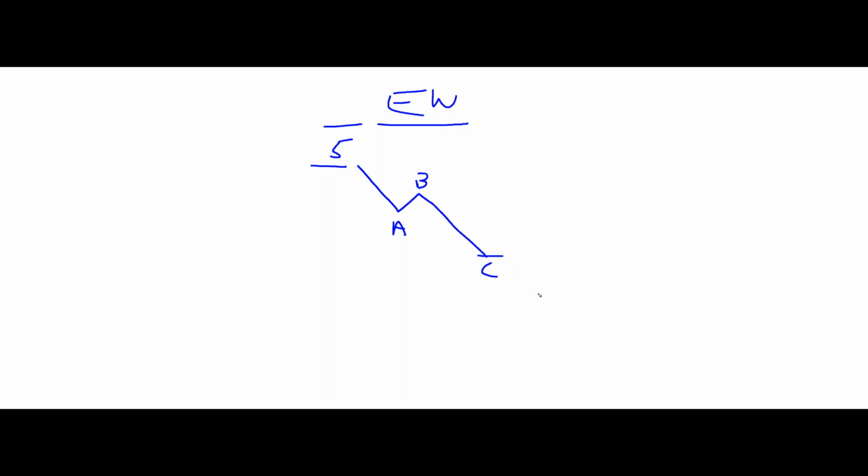And then C will represent the bottom of whatever correction it is, okay? If you can count 5 waves down on the chart you're looking at, then that will probably be some form of movement on a larger time frame. But after the 5th wave, you either get an ABC correction of some form or a 1, 2, 3, 4, 5, depending on the time frame, okay? So that type of thing is kind of interesting. And then, of course,